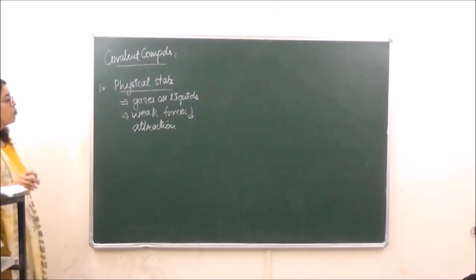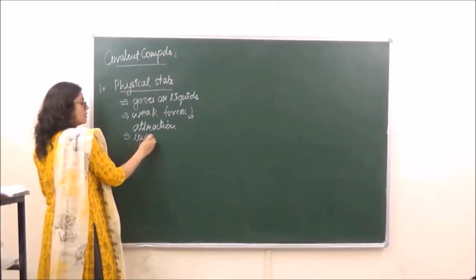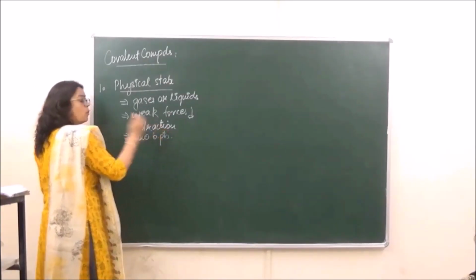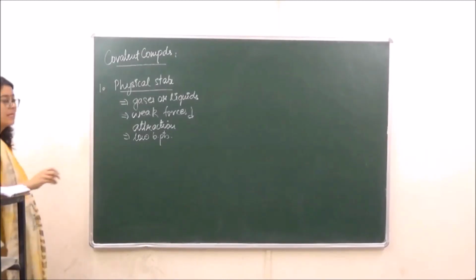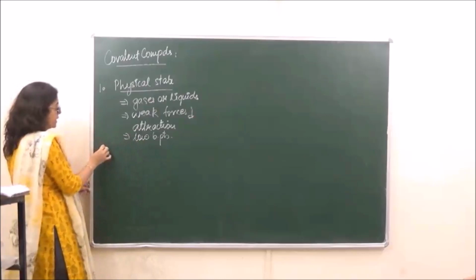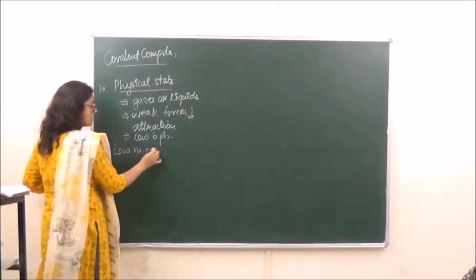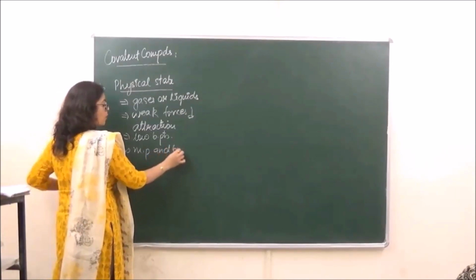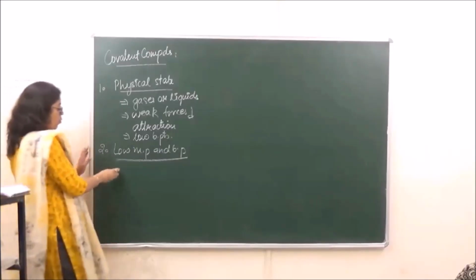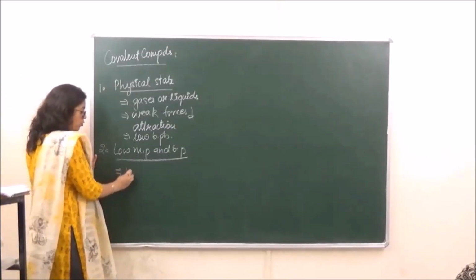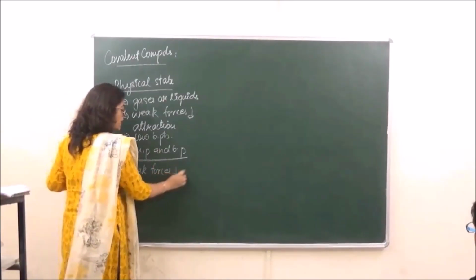Due to weak forces of attraction, they also have low boiling points. Right? Then the second property, let's elaborate this point from here: low melting points and boiling points. The reason I have already given, that they have low melting and boiling points due to weak forces of attraction,